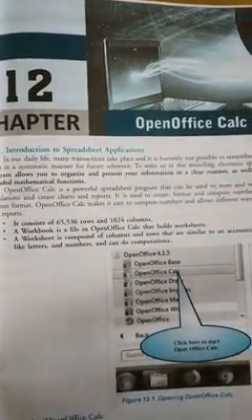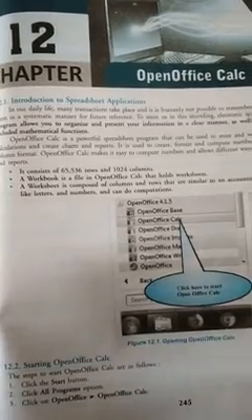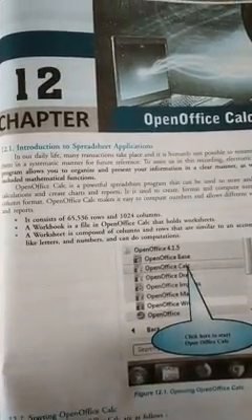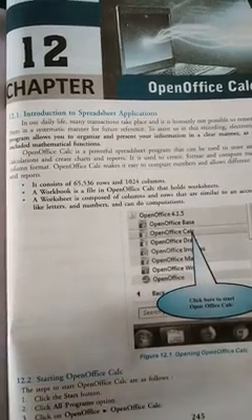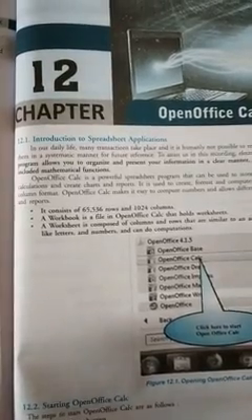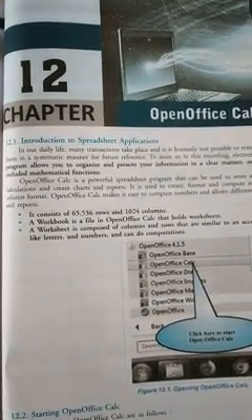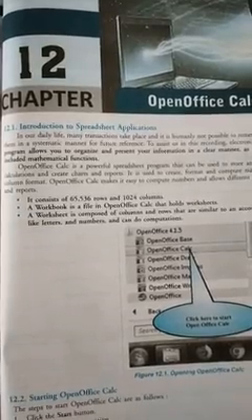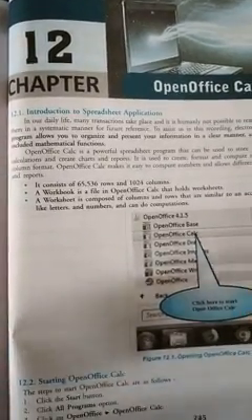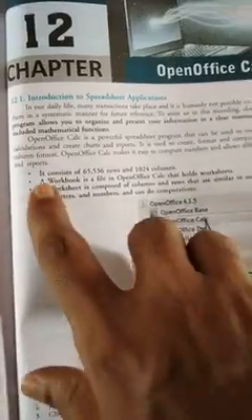It is in the form of grids, that is in the form of rows and columns, as we have seen in tables. And what is the use? It is widely used all over the world for storing and manipulating data. We can use charts, graphics, all types of mathematical, arithmetical and statistical functions. Formulas and functions can be used for calculation work, and it is used very efficiently all over the world.